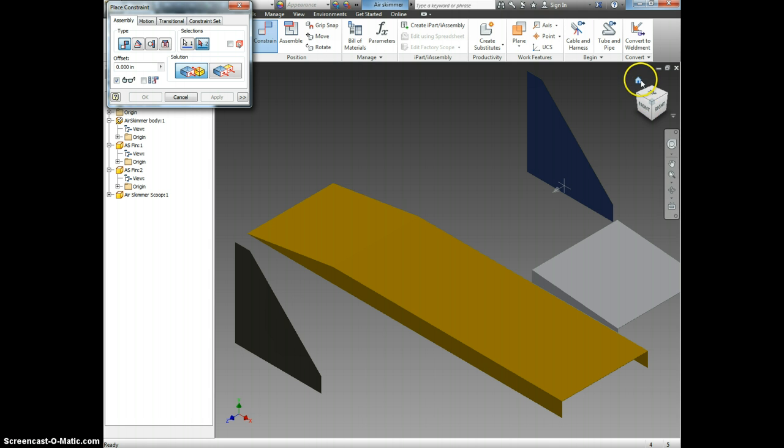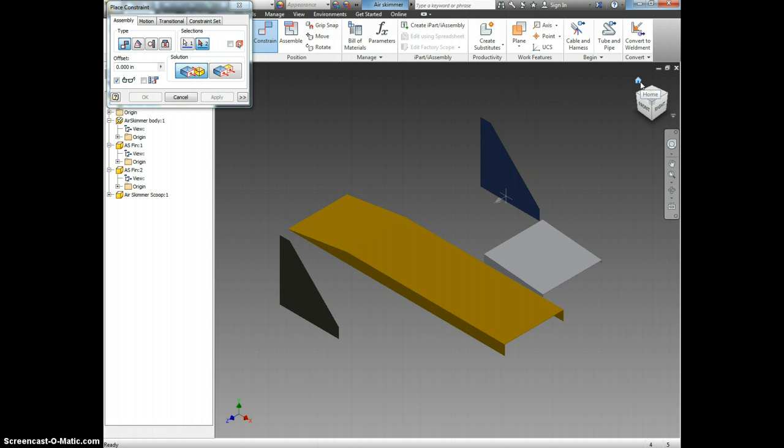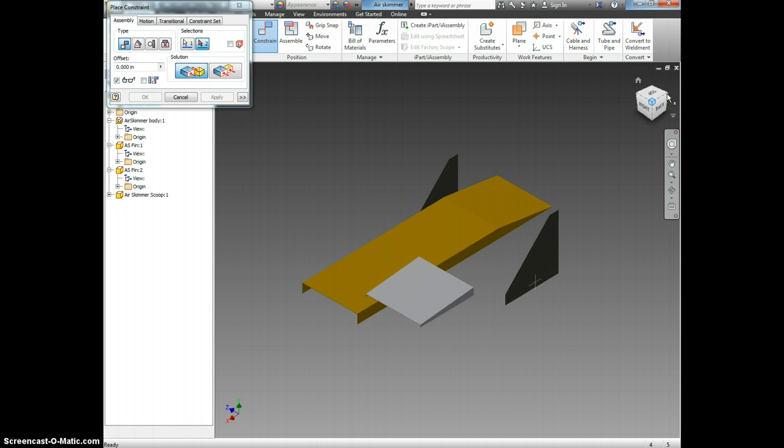If you are not currently looking at your thing from the home position, come up to the view cube and click home so that you are looking at it from the home position like I am. Once again, you're going to click the mate constraint from right here, and you're going to click on the fin. Now that we have all done that, come up to the view cube and click on the corner between top and right, and that should spin the cube around so that we can see the other side of the air scoop. Now that we can see this side right here,